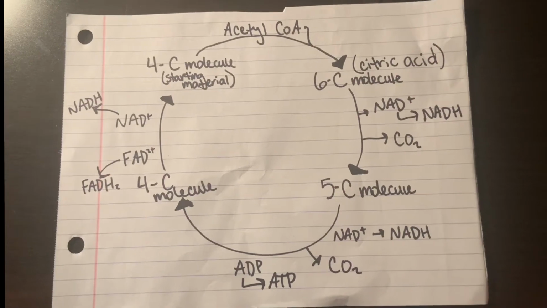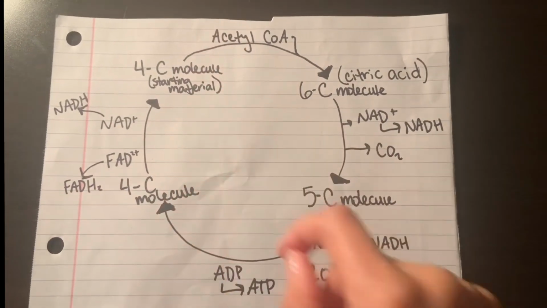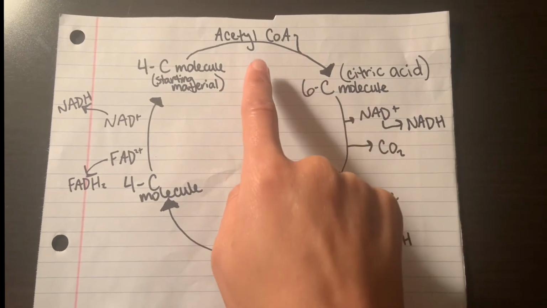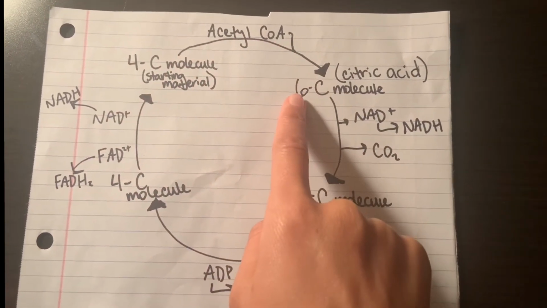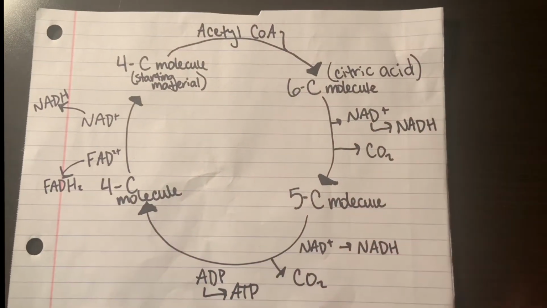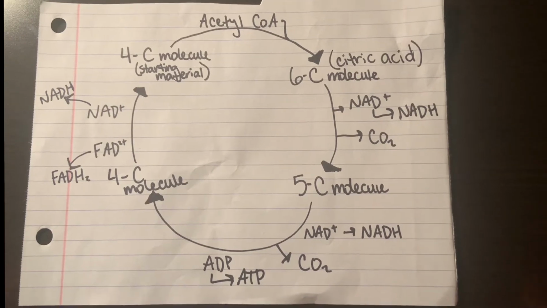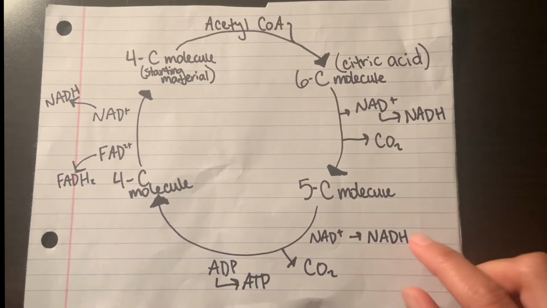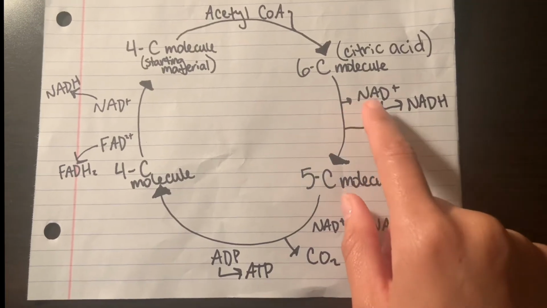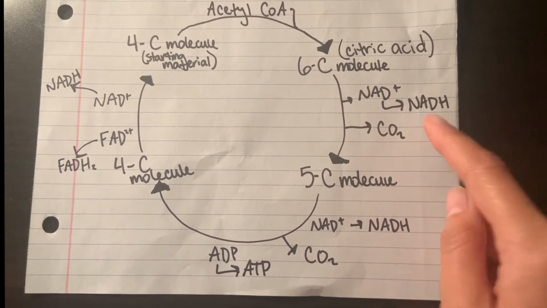So once we have our acetyl-CoA molecule, it is able to start the Krebs cycle, and so the 2-carbon acetyl-CoA will combine with a 4-carbon molecule and give us a 6-carbon molecule, and this is called citric acid. So the rate-limiting enzyme in this Krebs cycle is called isocitrate dehydrogenase, and it removes hydrogens. So it helps make sure that NAD+ gets a hydrogen and ends up as NADH, NADH being the reduced version